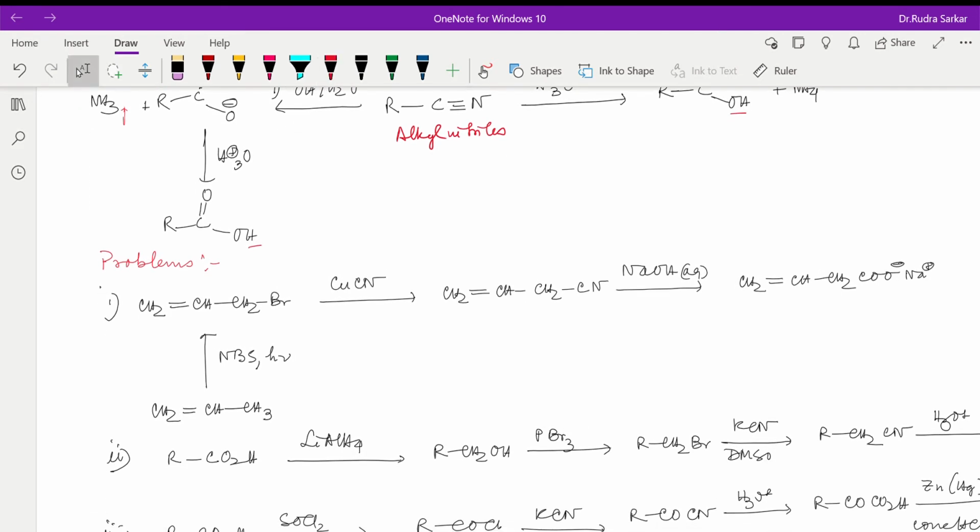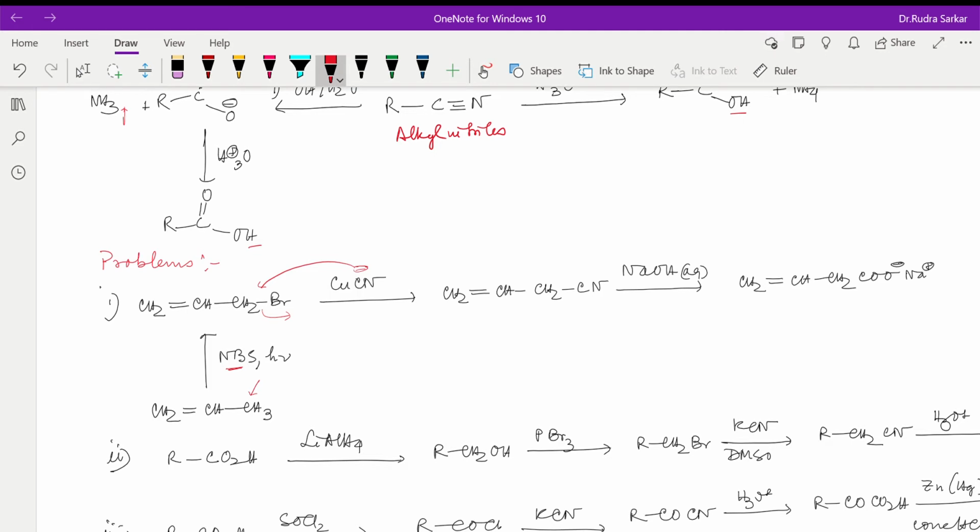Here are some examples in which this is a multi-step example in which we are using propene under the influence of N-bromosuccinimide. The allylic position is being brominated over here under the influence of light, and then the bromine undergoes a nucleophilic substitution by attack through the cyanide, and then the bromine is replaced and CN enters,